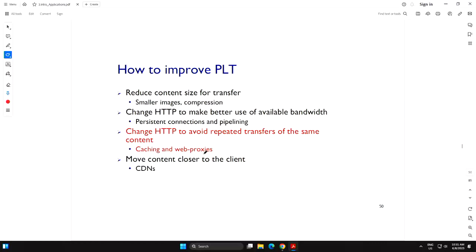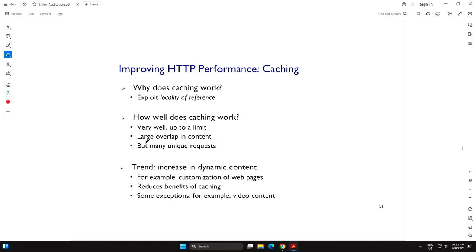And you will see that caching is a very interesting solution. Caching is used in computer networking in many different layers and in many different applications.